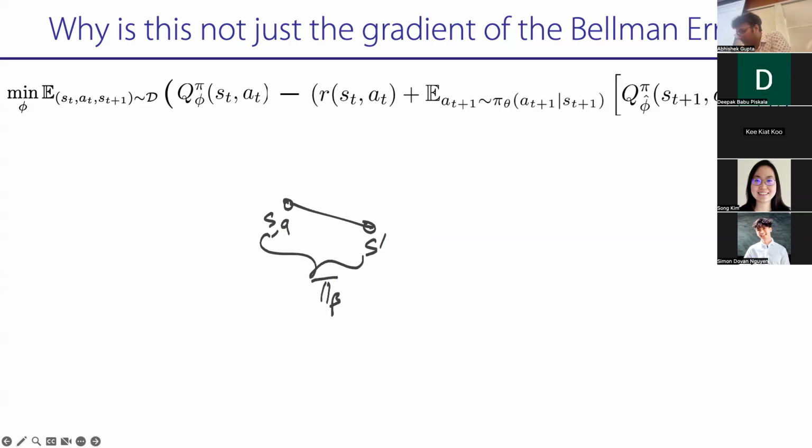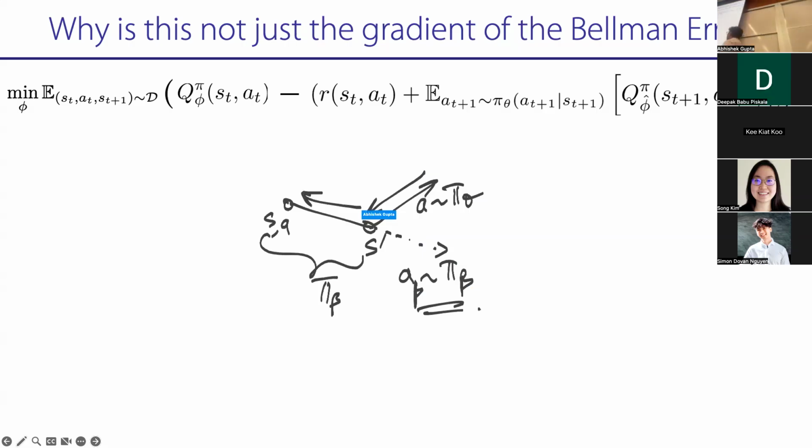What the behavior policy would do is, let's say this, but what I'm going to try and back up is this, right? So this is the action that is coming from pi theta. This is the action coming from the behavior policy. So what the Q function is trying to do is propagate the thing that came from pi theta backwards, not the thing that came from pi beta. Pi beta is your data. You're not trying to propagate the data. You're trying to propagate the thing that your policy would have done at the next state.